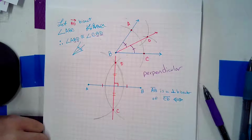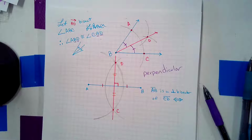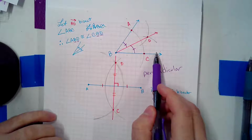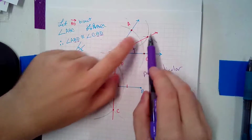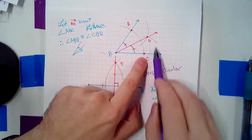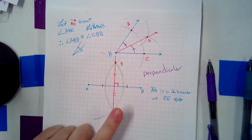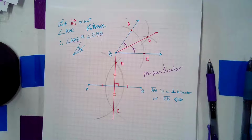Questions, comments, concerns other than for my mental well-being? Here's what you're going to do now. Nope, I can't. You're going to use mine. Here you go. Don't break it. Mucho cuidado, por favor. All right, so here's what you're going to do. Draw an angle, bisect it. Do it now. After you're done, on the back of your warm-up sheet, bisect the segment. If you need help, I will come around and I will show you the way,